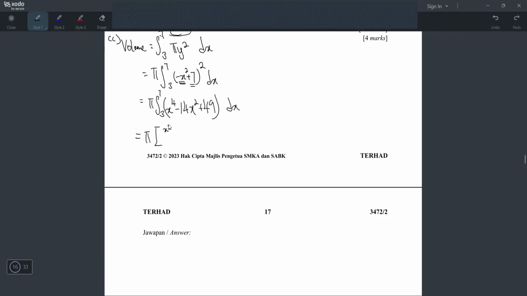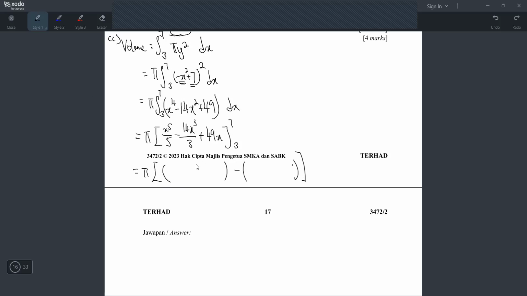So the integral will be x to the power 5 over 5, and then minus. Integrating this will be 14 x to the power 2 plus 1, which is 3, divided by 3. Integrate a number, you just put x. So 49x, right? And then from 7 to 3. Okay, up to here you can write pi and then a big bracket, and then you open two brackets like this, right? And in the middle, minus. Why do you open two brackets? One bracket is for you to substitute 7. Another bracket is for you to substitute 3, right? So what happens when you substitute 7 inside? When you substitute 7 inside, you will get,